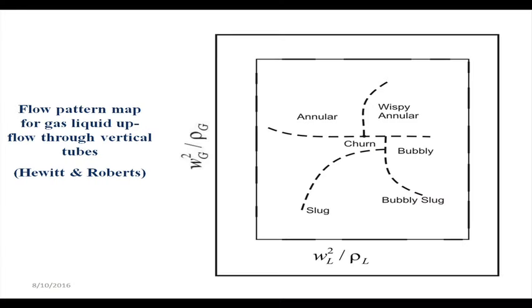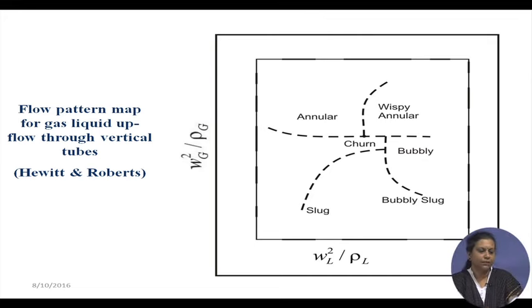One of the oldest flow pattern maps, for gas-liquid upflow in vertical tubes, plots the flow patterns in a two-dimensional plot with the superficial momentum flux of the gas and the liquid phase as the axes, and naturally they show that at high momentum flux of the liquid, bubbly flow exists,